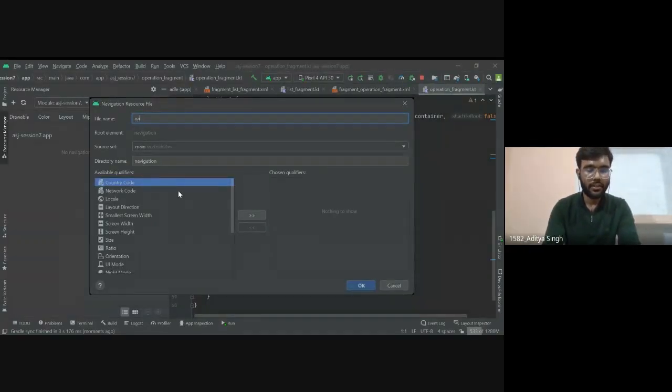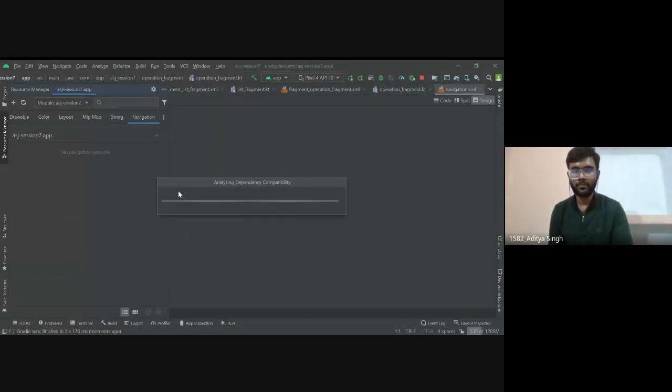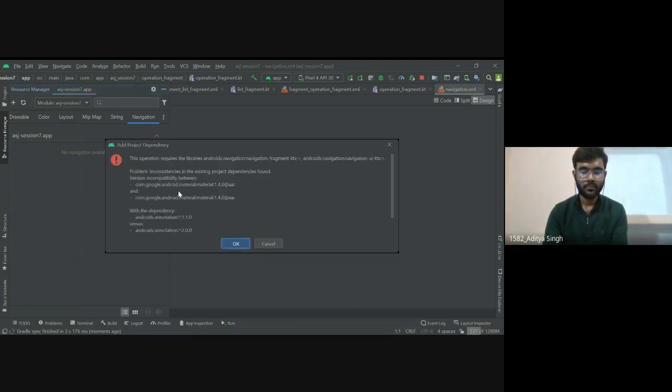Let's give it the name navigation. Actually, some dependencies are missing, so it will tell me to add those dependencies. Just wait for a second. Okay, I will simply press OK and it will add it for me.